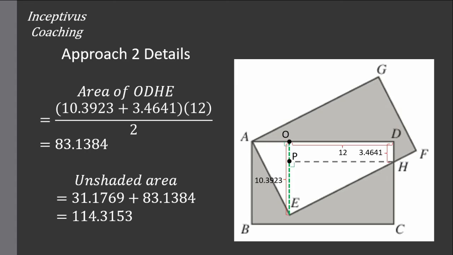Now the area of a trapezoid is the lower base plus the top base times height over 2. So you do 10.39 plus 3.46 times 12 divided by 2. That gives the area of the trapezoid 83.1384. Therefore, this entire unshaded white area is 31 plus 83. That's about